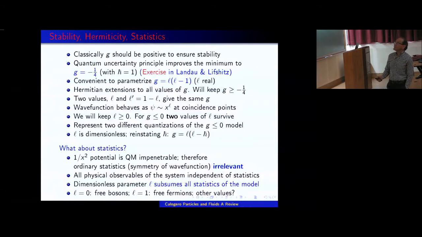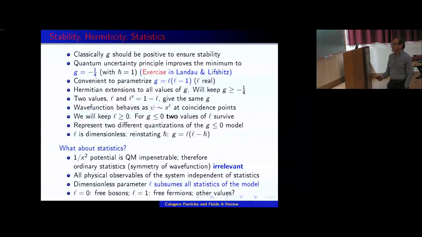However, when the interaction is between 0 and -1/4, in this quantum mechanically allowed negative region, both L and L prime are real, so you wouldn't know which one to keep. And it turns out that you can keep either, and the two systems are two different quantum mechanical realizations of the same potential. So both are acceptable and they are inequivalent. And it's useful to keep them both because, for instance, when G equals 0, L equals 0 and L equals 1 have different properties. They correspond to fermions or bosons. So it's useful to keep them both.